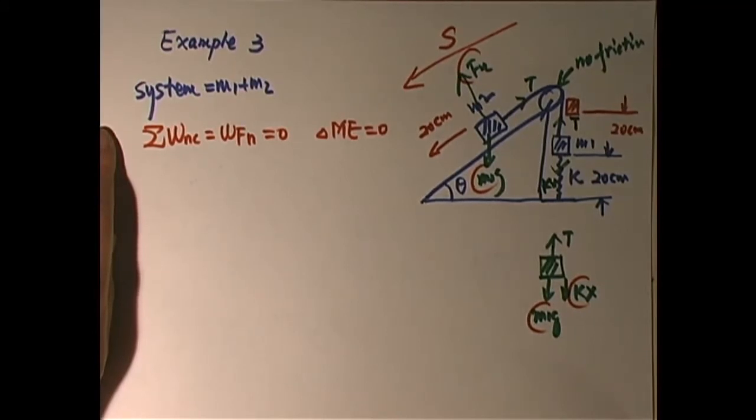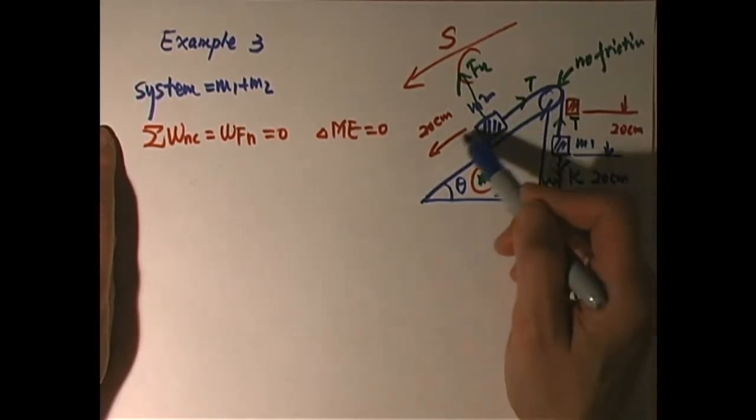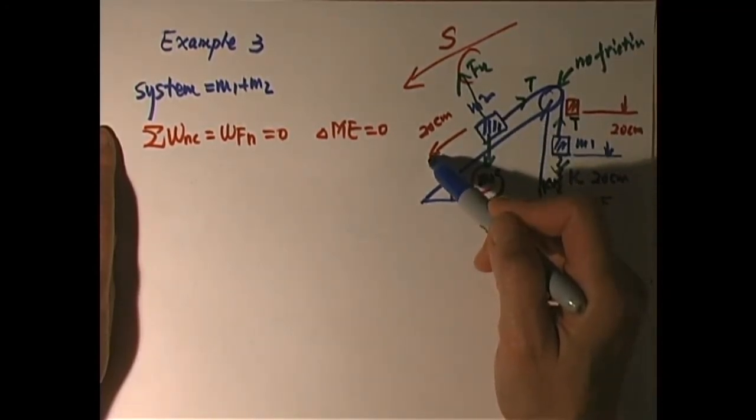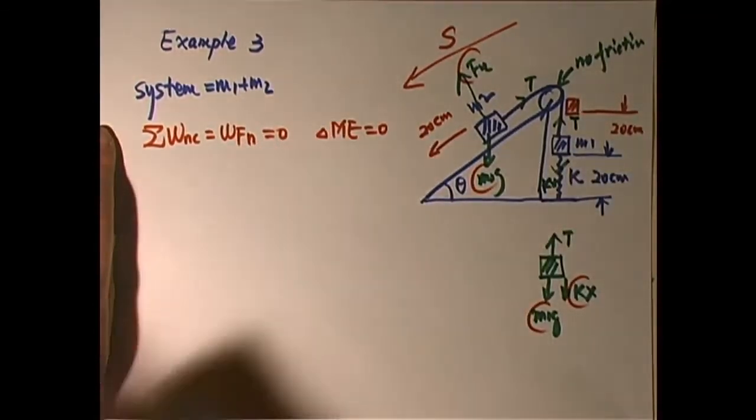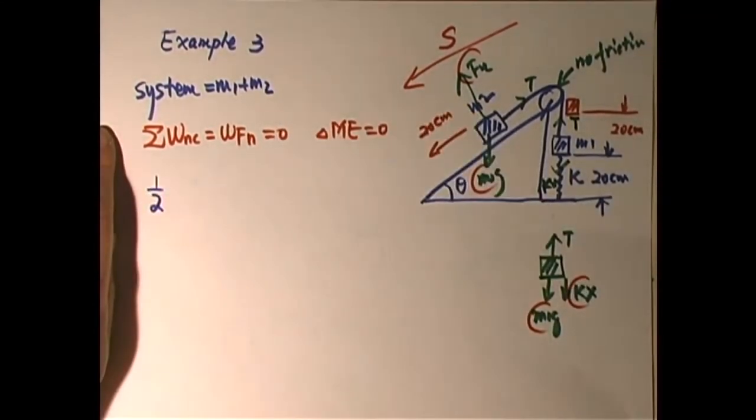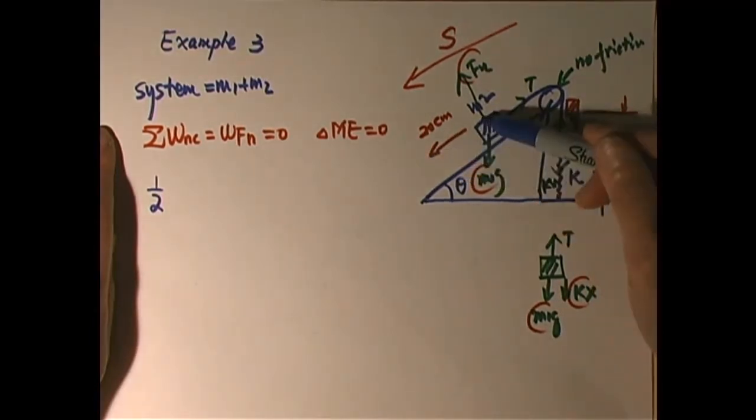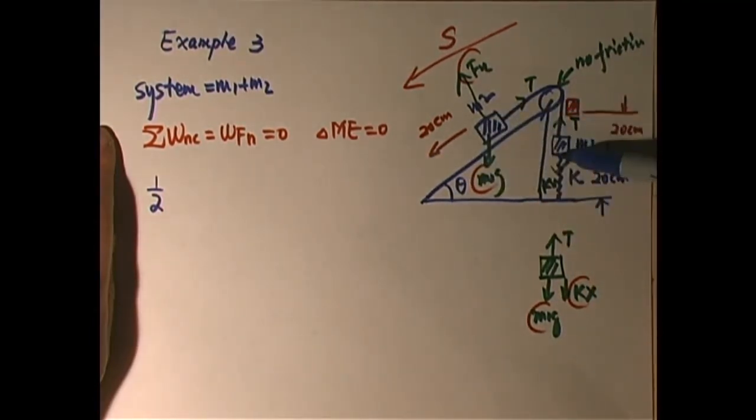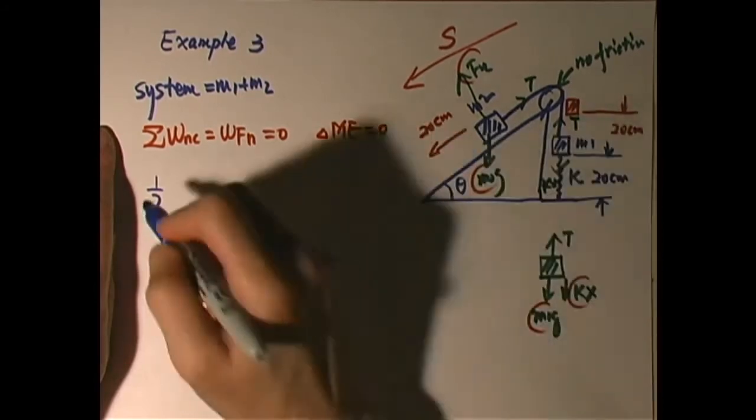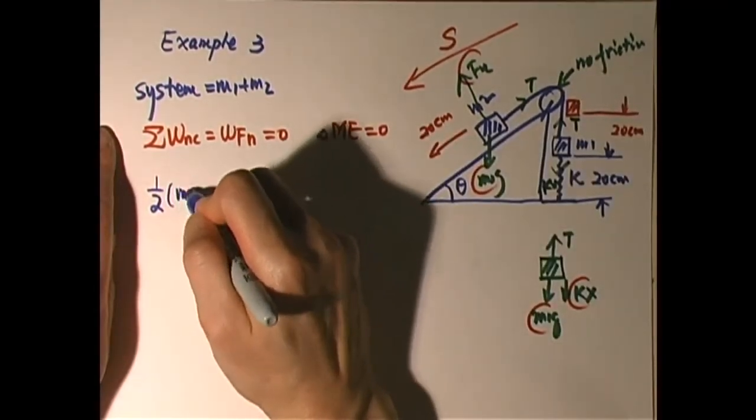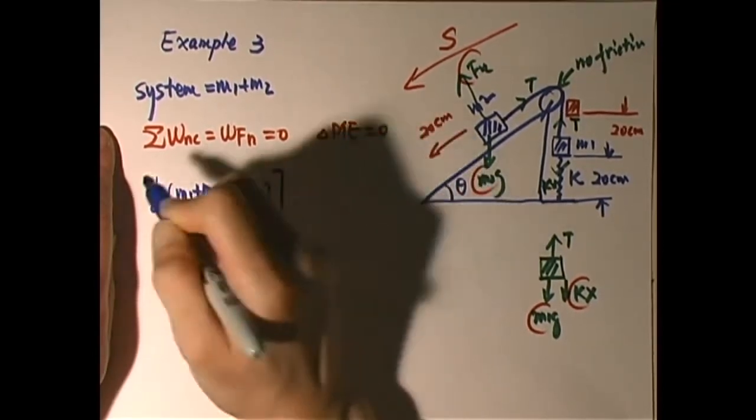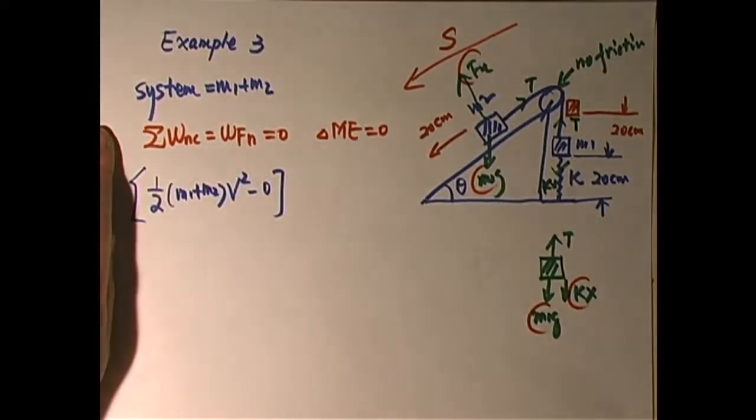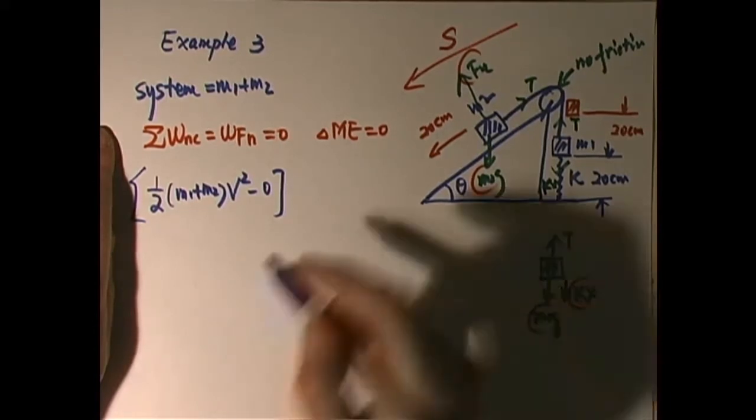So let's think about change. Change of kinetic. Initially, we pull M2 down here, so M2 is zero speed, M1 zero speed, so initially it's zero. But final, the question is, when this one goes back to here, this one goes down to the initial 20 centimeters line, what's the V? So it is actually one half of M1 plus M2 of V squared minus zero. That's the change of kinetic because both blocks should have the same speed. And then